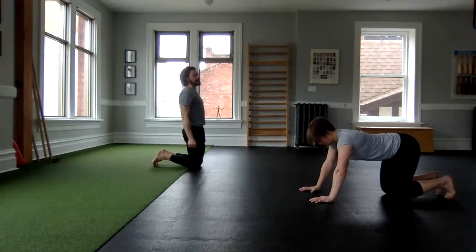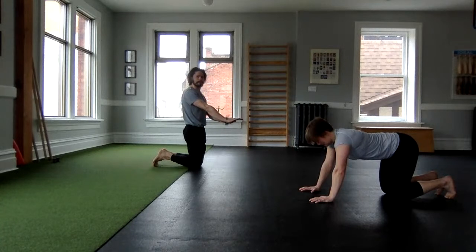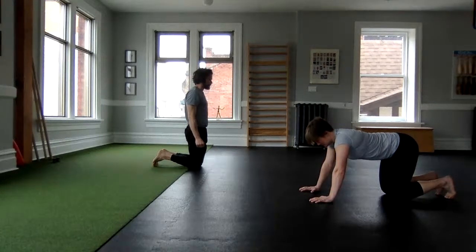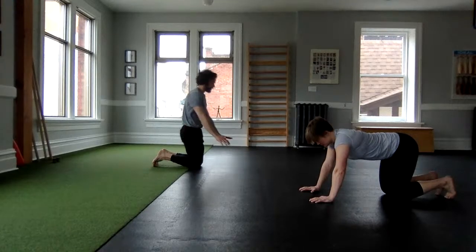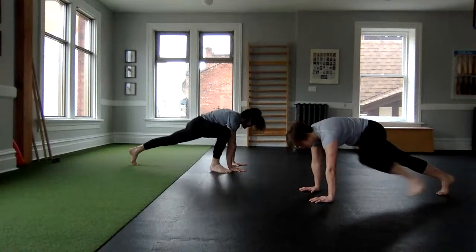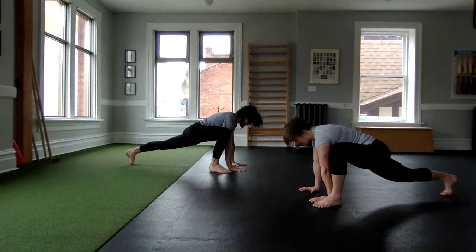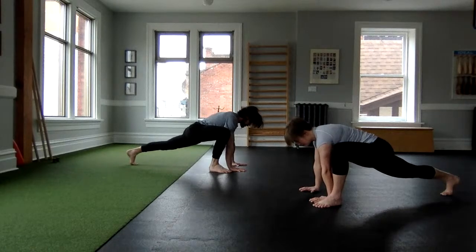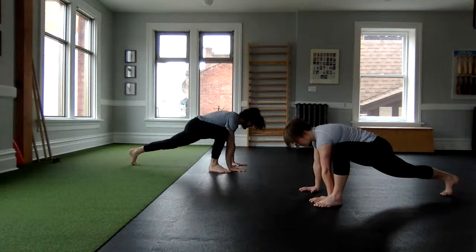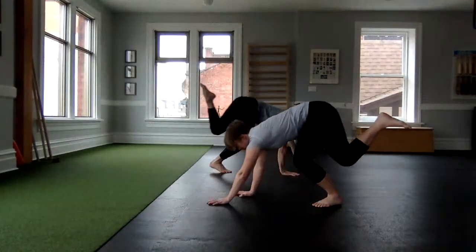Did that feel okay? If not, go back to the elephant. It's an easier way to load your wrist. This is more challenging. Progress accordingly. From here, we're going to walk around. Find your plank. Single leg forward. Push the front knee forward as the back heel drives back. Now pull into center. And then kick a bump, walk to a high plank,